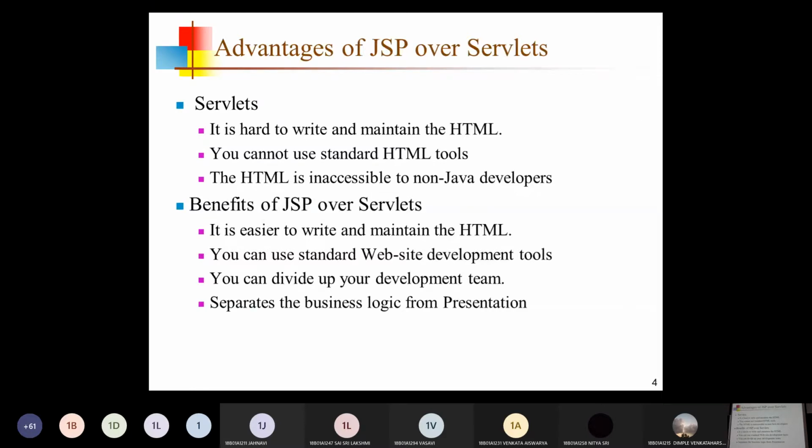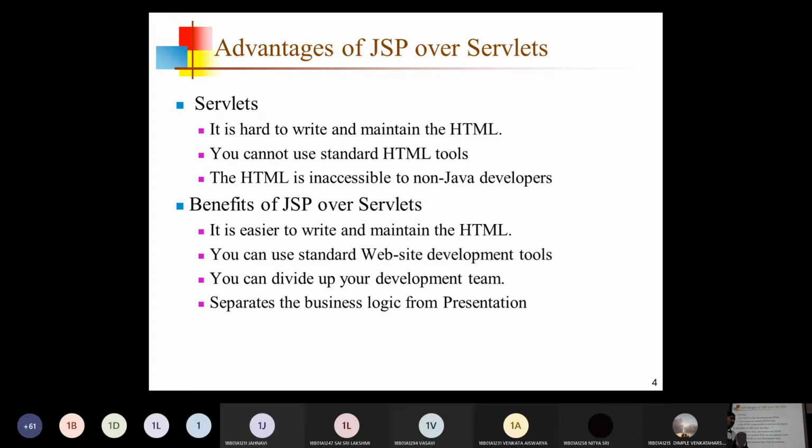Now the advantages of JSPs over servlets. One by one: it is hard to write and maintain the HTML in servlets. Generally, we are writing dynamic content in servlet technology, and a simple point is that we are writing HTML content in the Java code. Am I right or not, students?